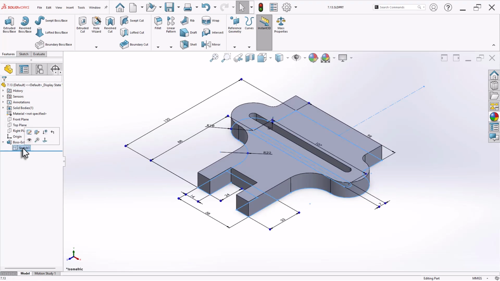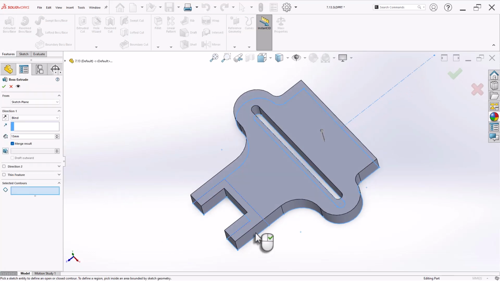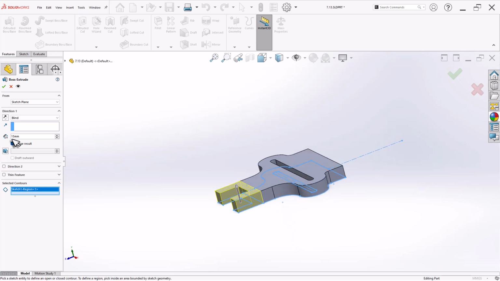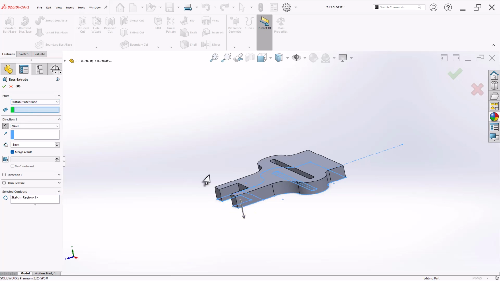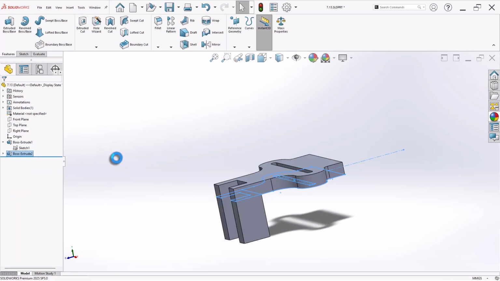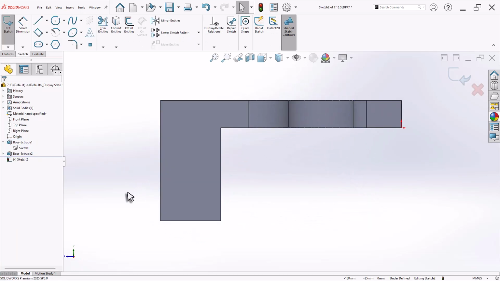Now let's expand the same sketch again and extrude this region, which is 66 from the top surface. Okay. So let's change its starting position, and from here it is 66 and click OK. Now let's create a cut over here,